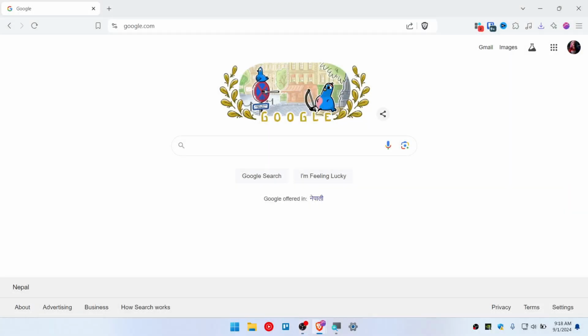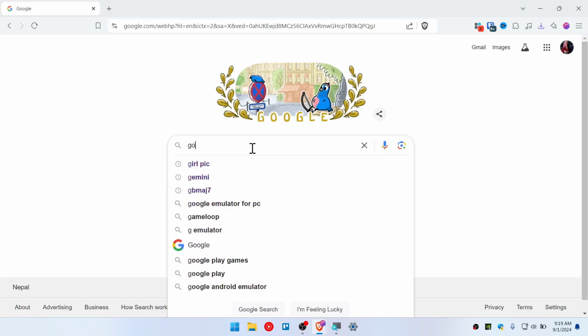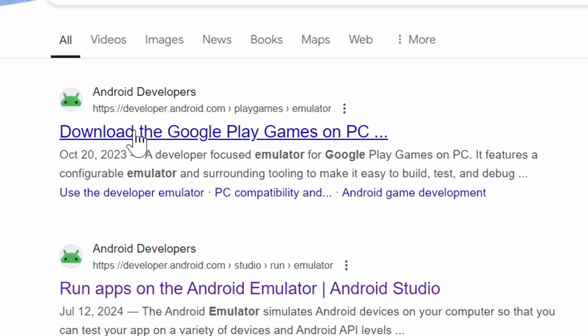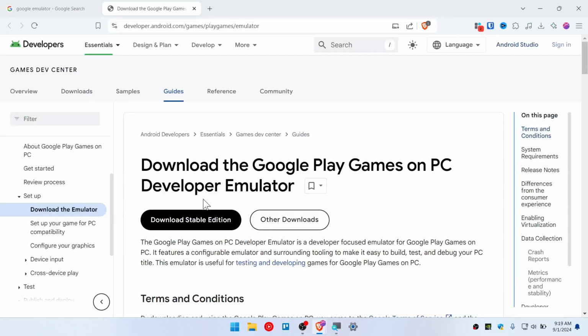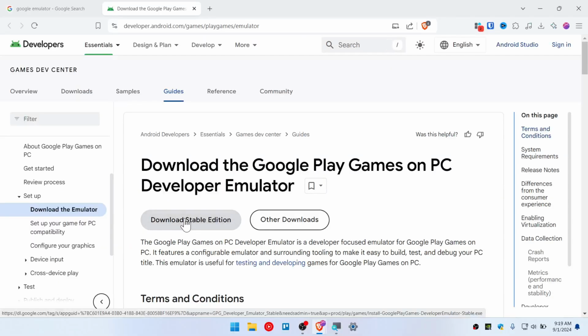Here's how you can install Google Android Emulator in Windows 11. So let's get started. Alright, first search Google Emulator, and this is the result that you want to click here, and simply hit on Download Stable Edition